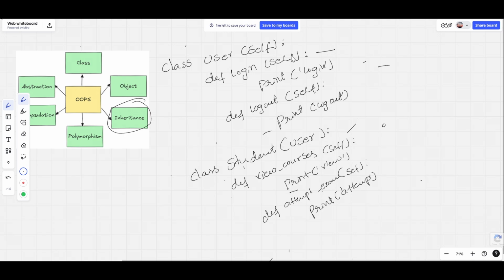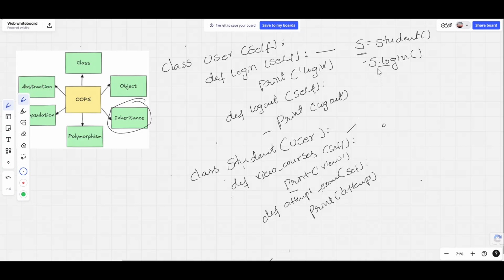Here we will call the class Student, like s equals Student. Now the Student class is in the object s. From s dot, first any user, whether a student or any other user, has to log into the website. For that s dot login function is called.